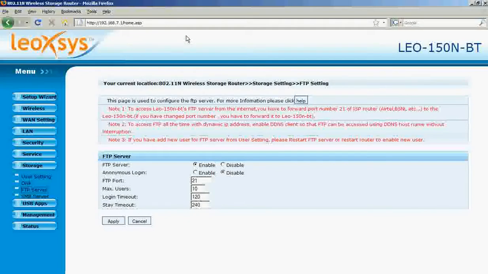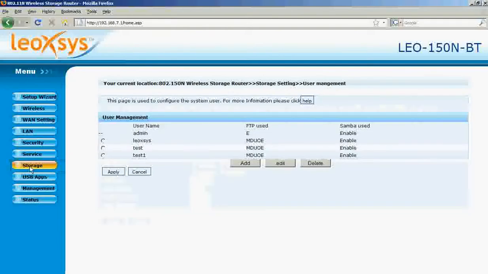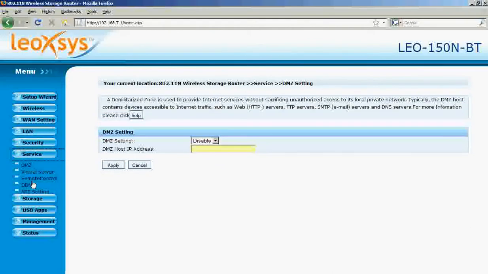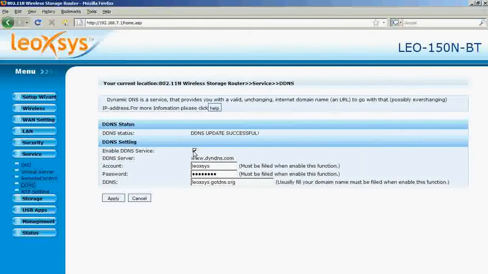Now I will explain how to access the FTP server through WAN. To access the FTP server through WAN, you have to enable DDNS. Under service, there is an option DDNS. Enable the DDNS service. Check it and